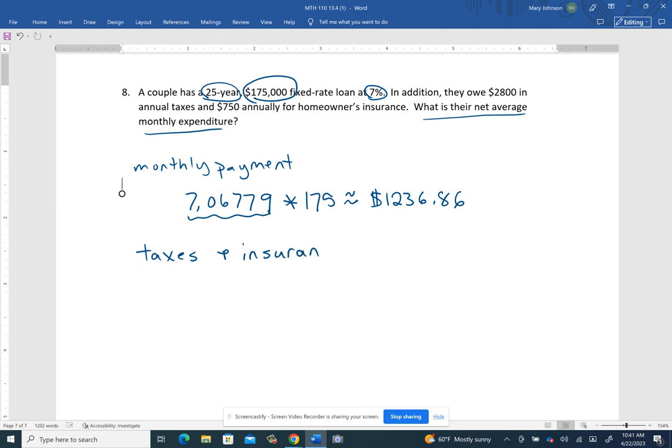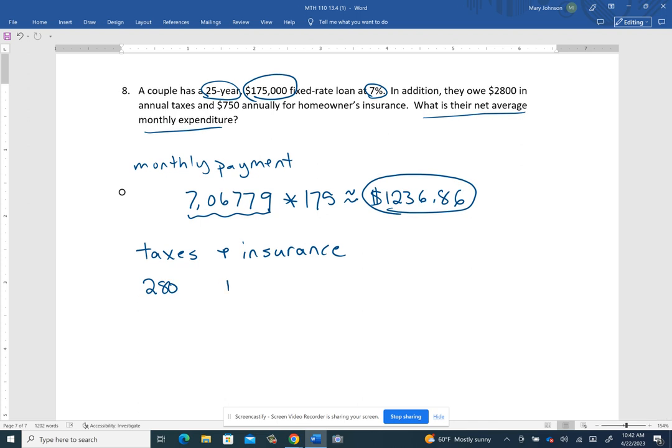So on top of that payment that contains both the interest and the principal, okay, we sometimes wrap up in our monthly payment for a house. We also wrap into that all the taxes and insurance for it. So let's think about that. The taxes were $2,800 a year. The insurance,